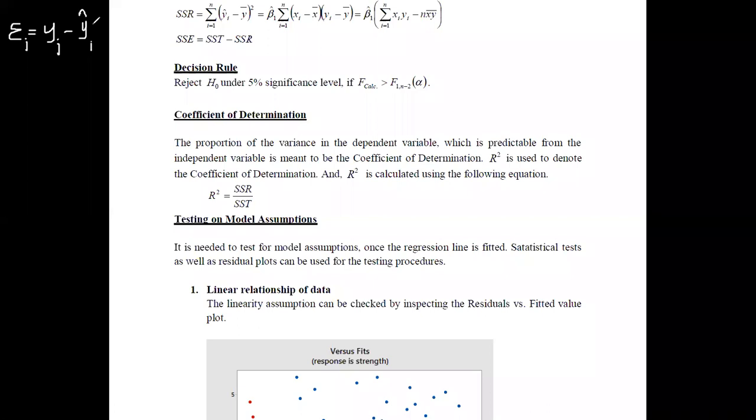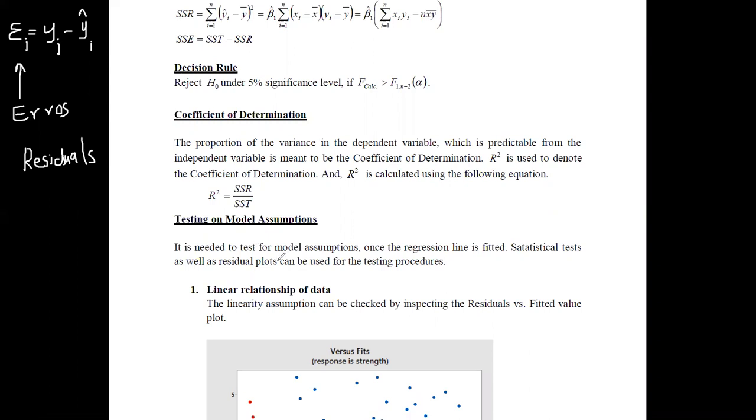That is meant to be this error term, and another term for it is residual. These are the residuals we are using.